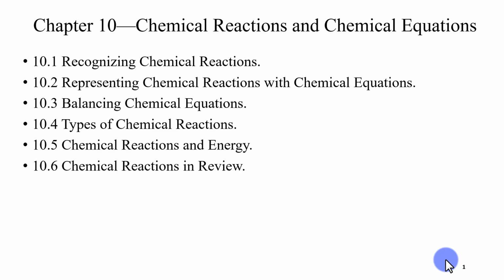For Chapter 10, we are going to discuss chemical reactions and chemical equations. I look at chemistry as having its own language. We have now talked about the elements and their symbols, and that is, to me, the alphabet of chemistry. And then we moved on to writing compounds from these elements, and those are the words that we use in chemistry. And then finally, we are now discussing chemical reactions, and that would be more like sentences of a language, where